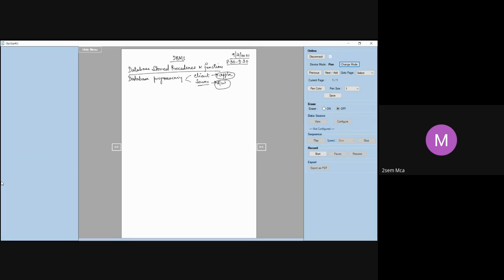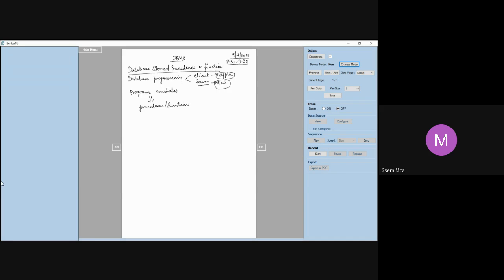Now, this is suitable for many applications, but it is also sometimes useful to create some database program modules. These modules are called procedures. You can also call them functions.